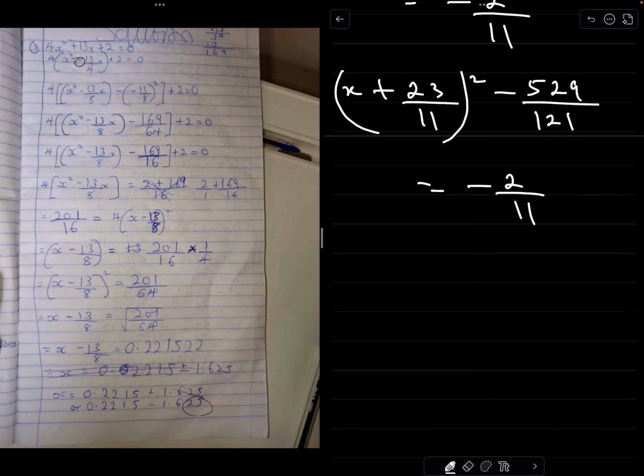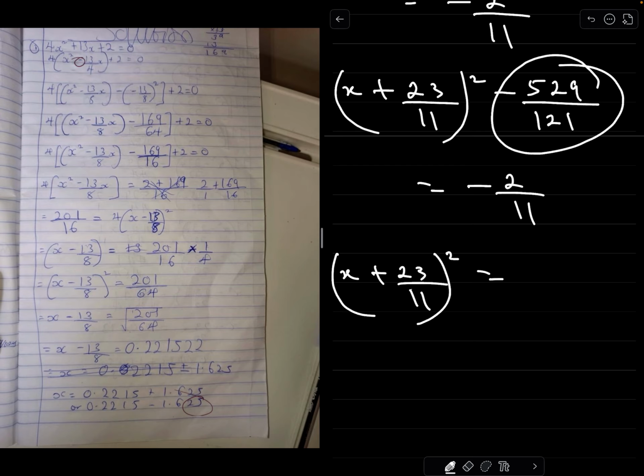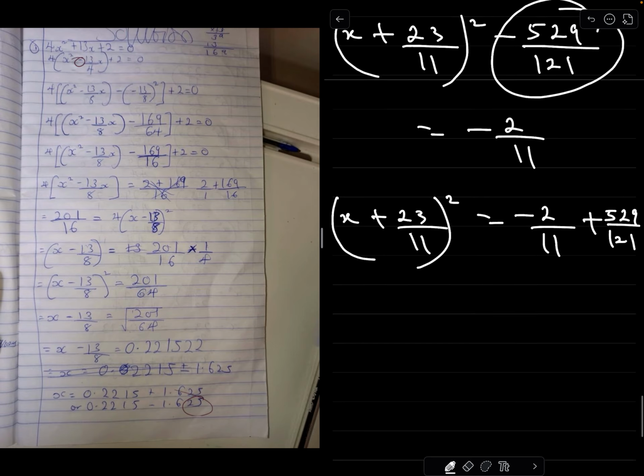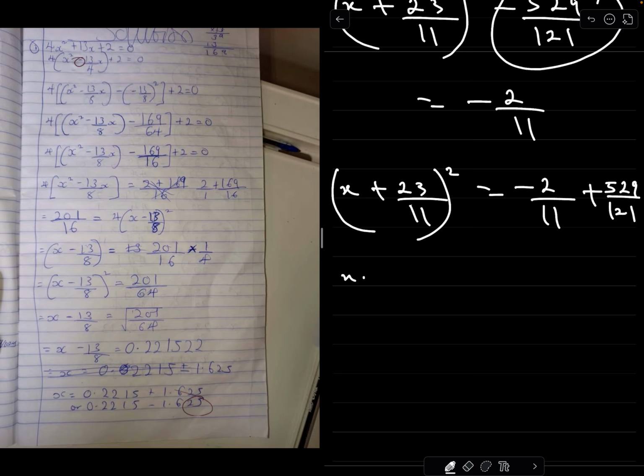Now what does this mean? This simply means x plus 23 over 11 all square is equal to, I can now move this minus 529 over 121 to the right hand side. And when it goes there, it becomes plus. So on the right hand side, I'm going to have minus 2 over 11 plus 529 over 121. And that simply means x plus 23 over 11 all square is equal to, what's the LCM of